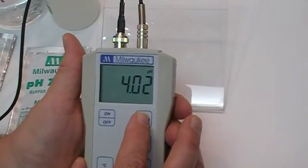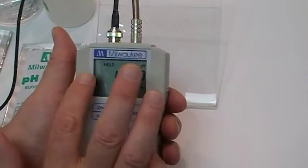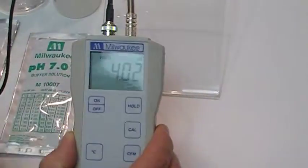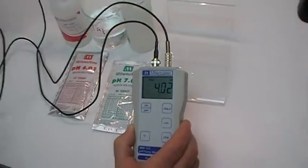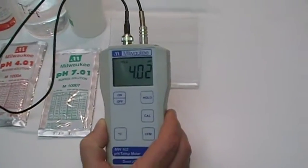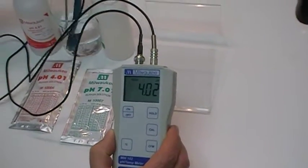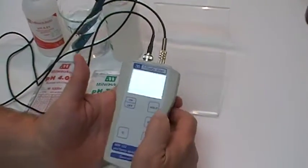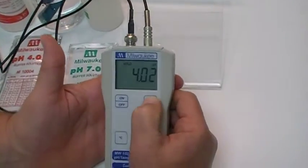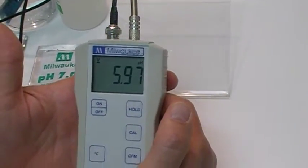Now here's your hold feature. You press your hold button. You notice that the hold is displayed on your screen. When you pull the probe out, no change on your display. When you go back in, we're going to put it back into this tap water. When you release the hold, you just press the hold button again and it's coming back in to read that